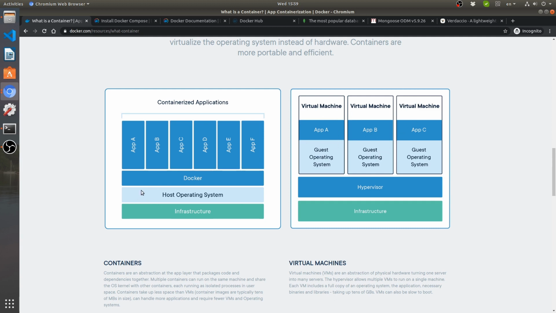Over here, on the other hand, we have one and the same host operating system, which is our main Ubuntu or Windows or Mac operating system, whichever one you're using. Then we have the Docker layer, and then we have different app images. Essentially, these have an operating system image along with whatever you're using to actually run the Dockerized container. This makes sharing code a lot easier because everyone can set up a pretty much identical environment with very little of their system's resources being used